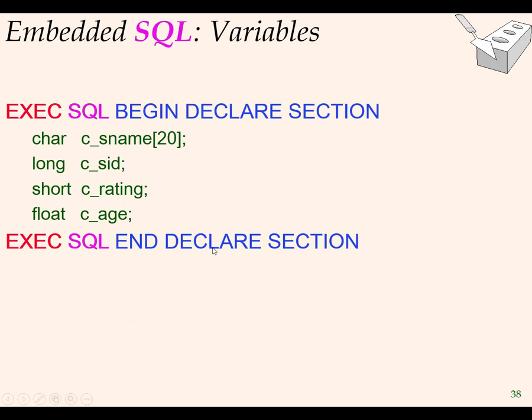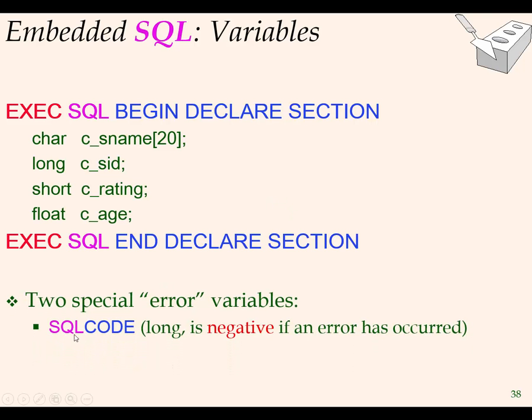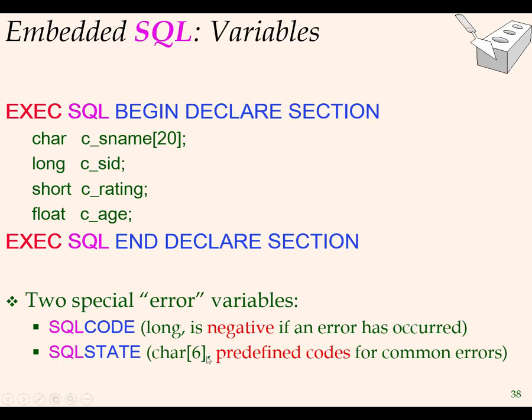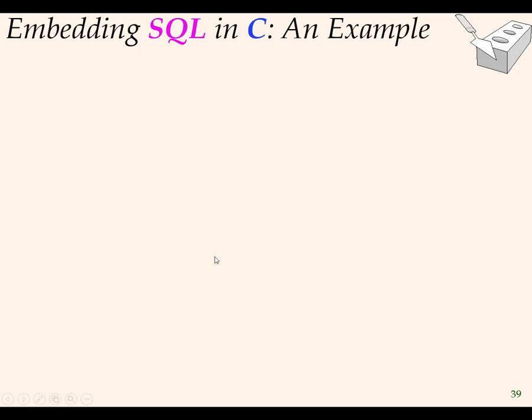So let's look at an example. Embedded SQL. So this is the declare section. Again, you have to write this keyword EXEC SQL BEGIN DECLARE SECTION, and at the end, EXEC SQL END DECLARE SECTION. So here I'm declaring c_sname, c_sid, c_rating, and c_age. There are two error variables that you have access to. One is SQLCODE, which is a long, and is negative if you have an error, but also you have a 6-character SQLSTATE that gives you predefined codes to figure out what the problem is, like you cannot connect to a